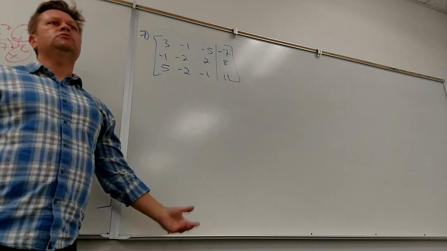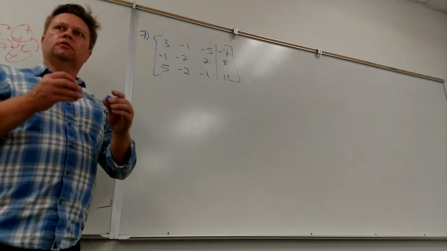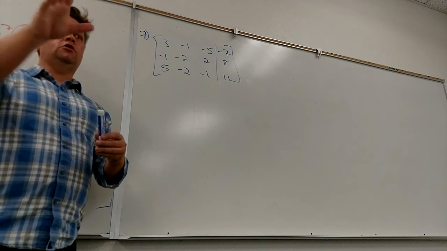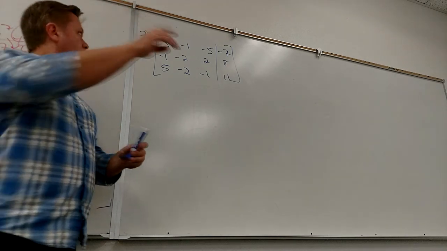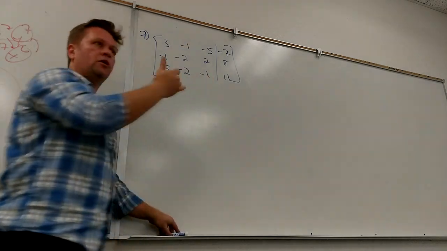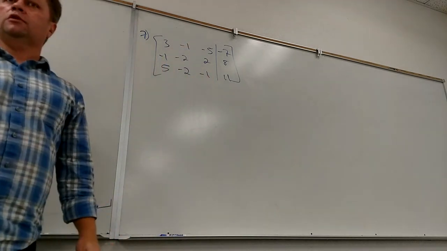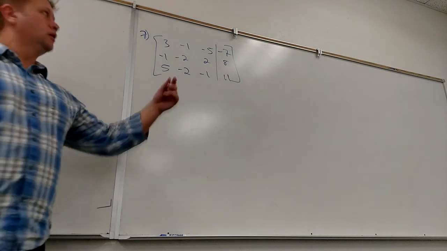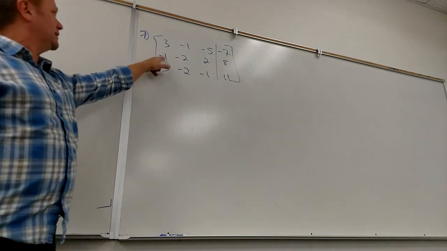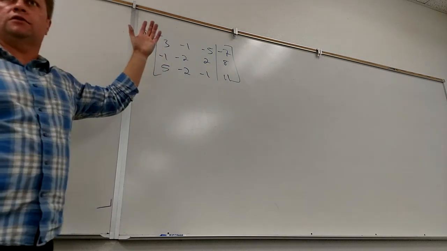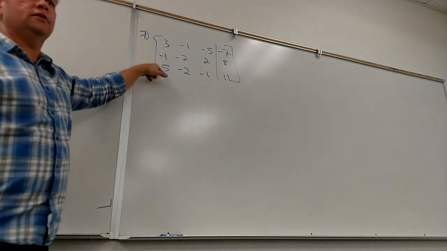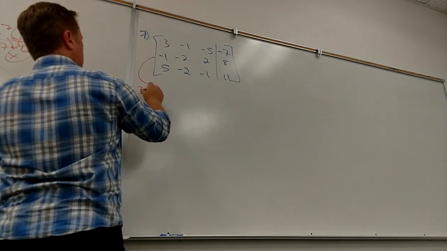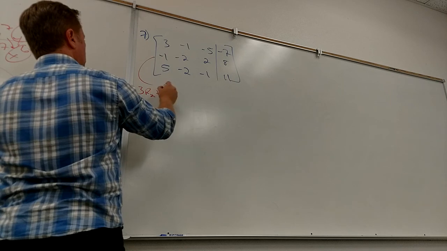What do I do? Would you multiply row 2 by 3 and then add 1 and 2 together? So you pick a column to start with, and actually any column, they all have some kind of 1 in them. The way I taught you was to start with the first column, but now you should realize you could do any column you want to. This column has a 1 in it. In fact, it's nice it has a -1 in it, so I don't have to change the signs. It's already opposite signs. And sure enough, if I multiply row 2 by 3 and add it to row 1